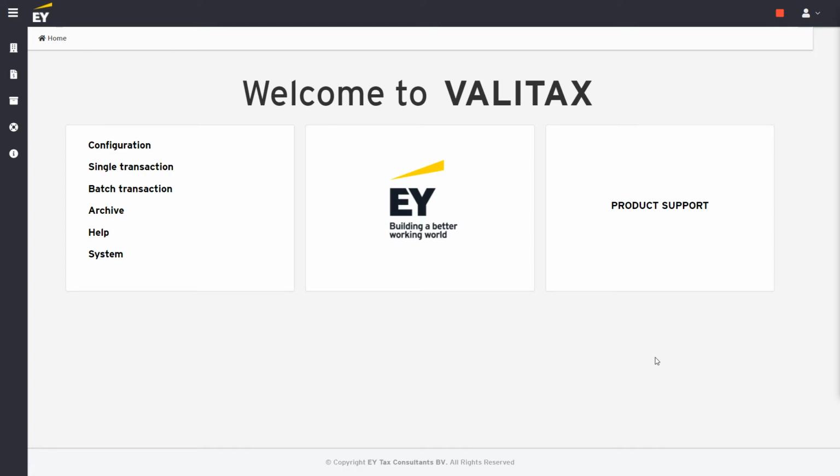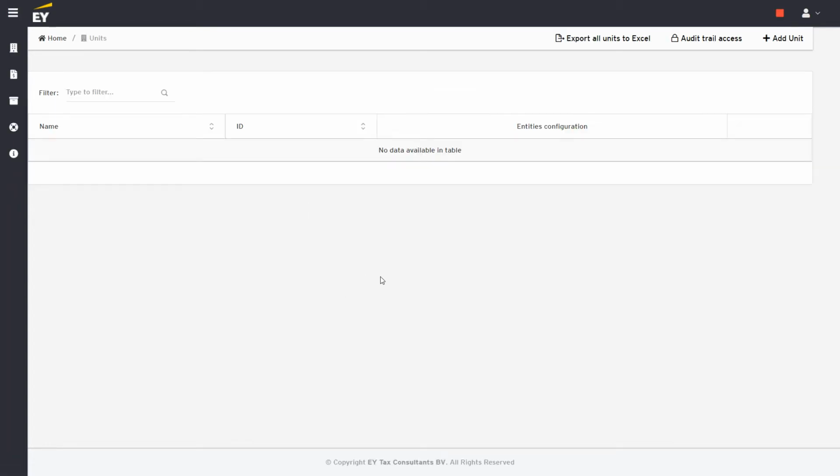Now that we're logged into VALITAX, this is the landing page. From here, we can do the navigation. So what I'm first going to do is my configuration. When we open up the configuration screen, it's empty, and the first thing we need to do is we need